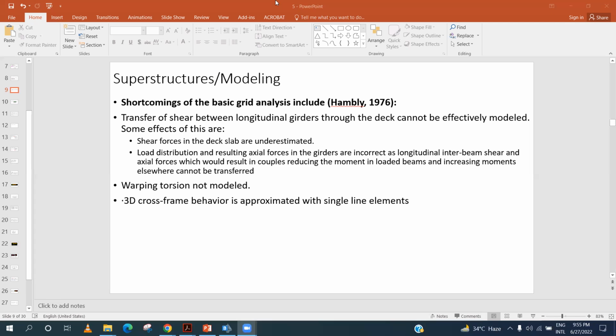So does anyone know what warping torsion is? Yes or no, you can respond with no as well, so it's not a problem. Okay, so I will presume that nobody knows. So we have two types of torsion. So one is, for example,